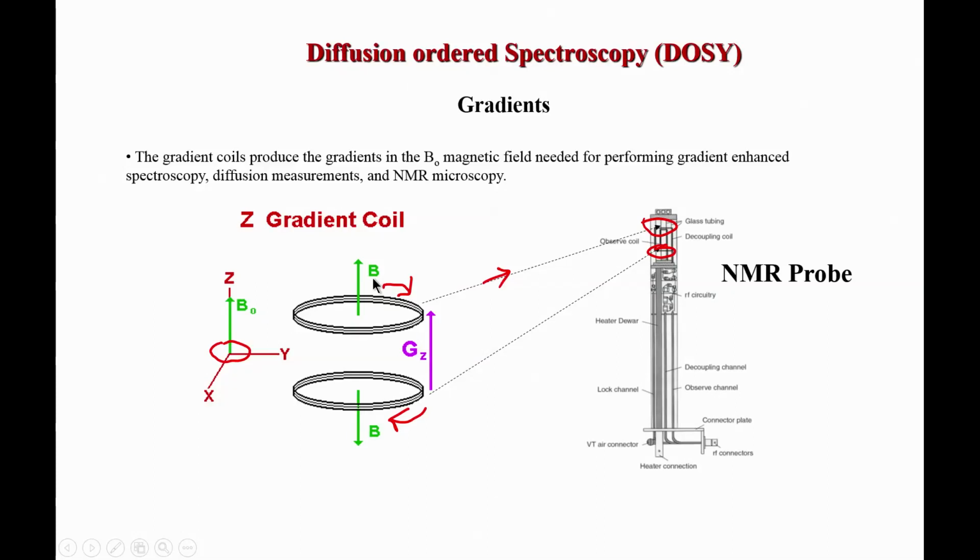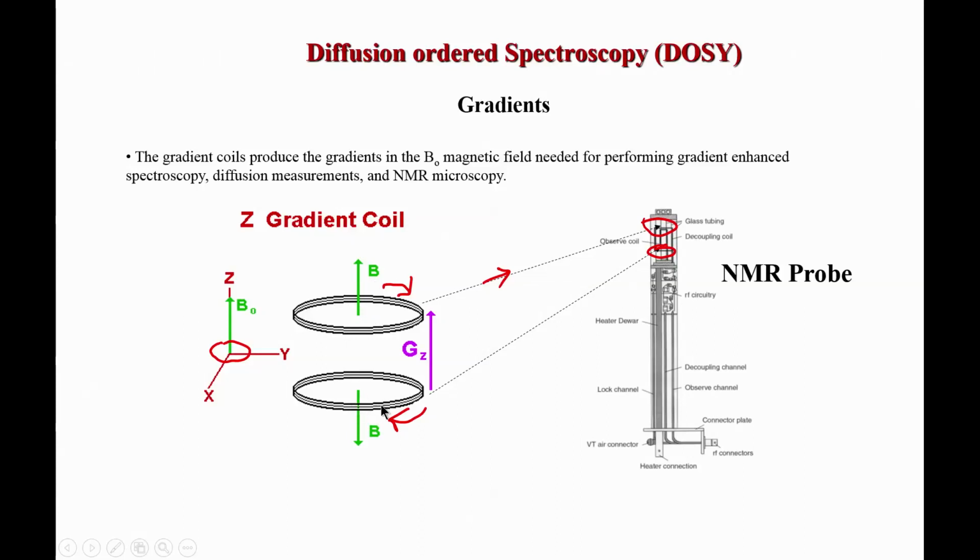Okay. So, it is not a very big field, remember 1 Gauss is 10 to the power minus 4 Tesla. So, we are generating a very weak magnetic field from the gradients. So, gradients generate an additional magnetic field on the sample. Okay. So, this is in addition to the external magnetic field which is already present. This is something we do not have to think about because this is the main magnetic field, but by turning a gradient, applying a current in this coil, okay, it generates a magnetic field.